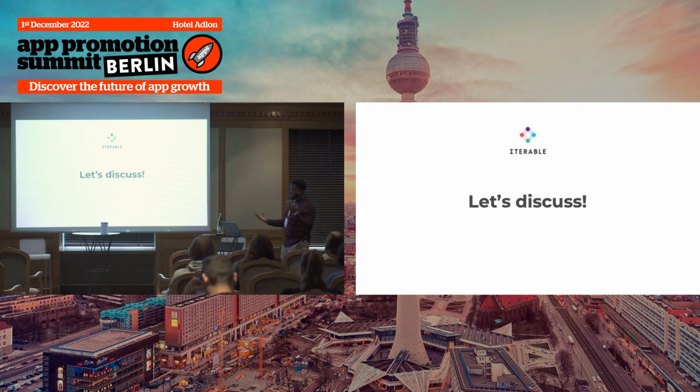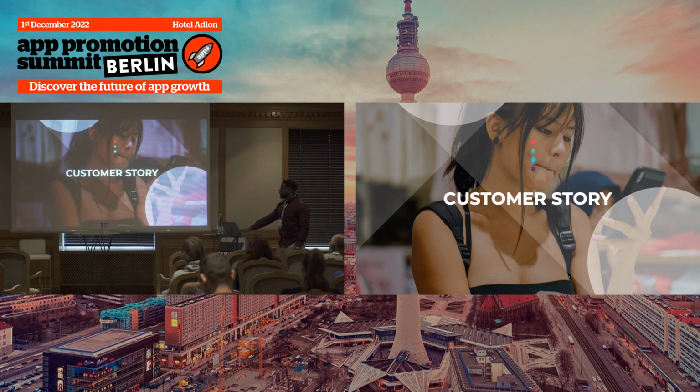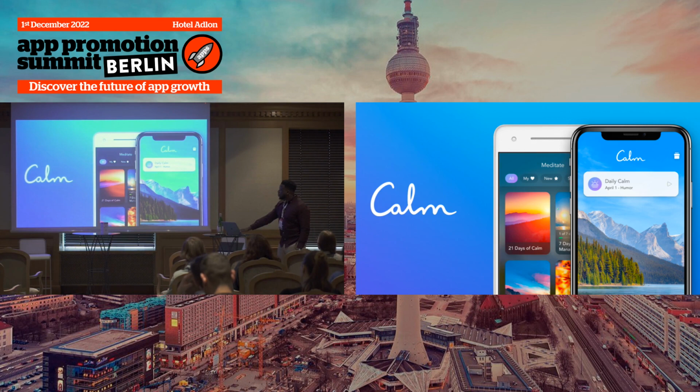Email is, for want of a better term, king of the channels at the moment, and very much the one that most marketers kind of fall back to. But of course, mobile push and in-app, even mobile inbox, using in-app messages throughout the web as well. The main thing is understanding which channels resonate most with your customers, and then engaging them throughout it. So the customer story I mentioned at the start is for our customer Calm.